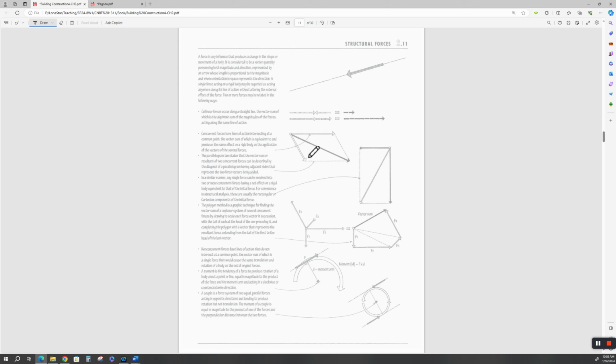Structural forces, this is all a part of statics. These are force vectors. If I have a force going this way, and I am not going to beat you up with this stuff, okay? You can take statics later. Then I have a resultant force that's going that direction, okay? Now, those of you who have been in construction before, this might start to look like a truss, right? Well,